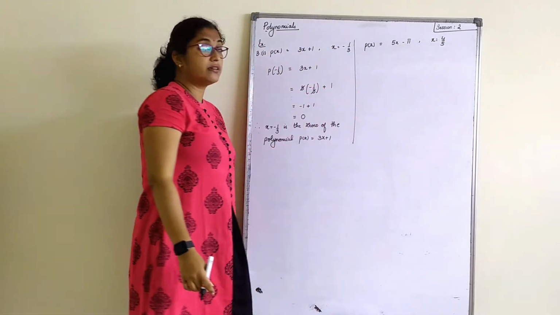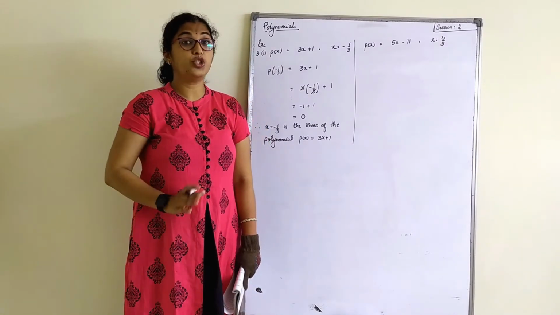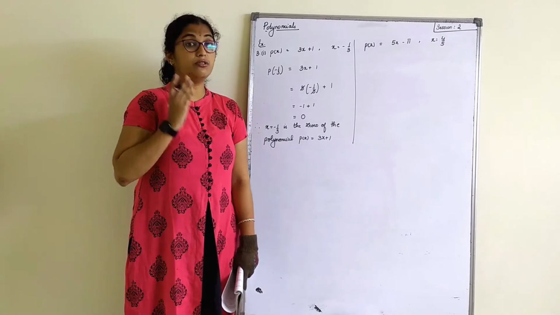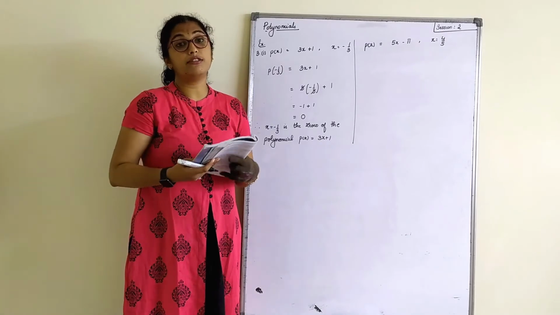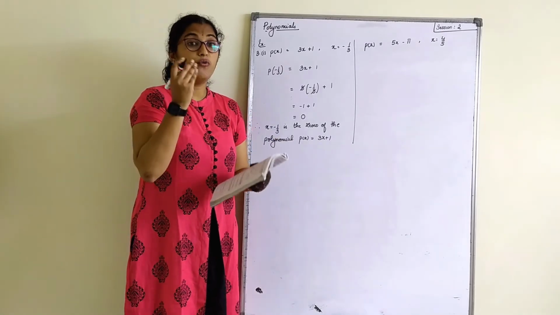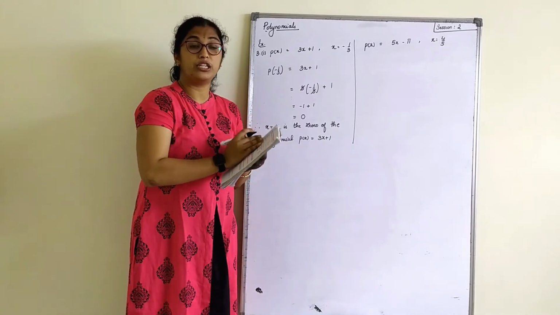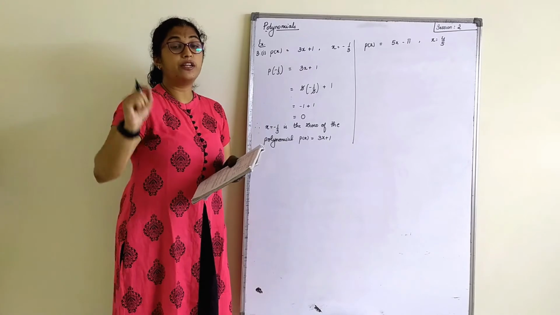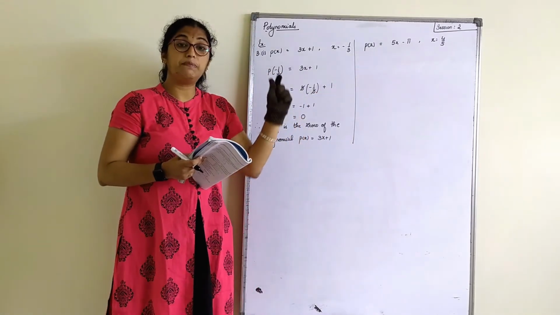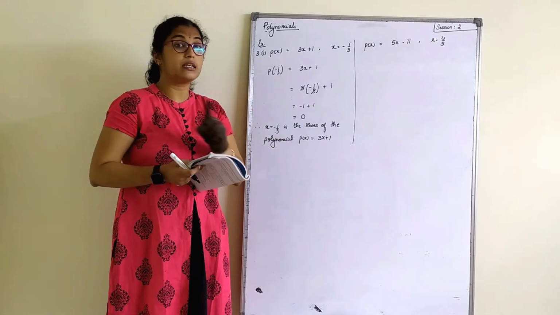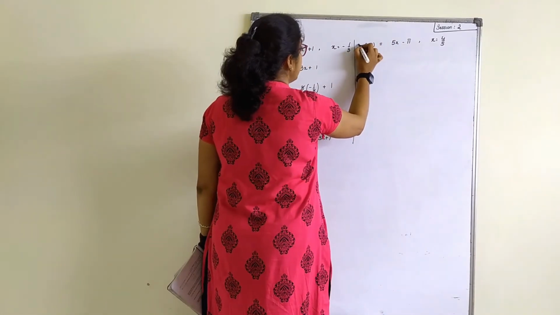Now please remember here, we all know that pi is 22 by 7 or 3.14 in geometry. But here, do not use the pi value as anything, because even in geometry we will come across such sums where we have to use the pi value as 22 by 7 or 3.14, and it is always mentioned: use pi as 3.14 or 22 by 7. If it is not mentioned, you are supposed to keep pi as pi only. Do not substitute with any values. Remember this.